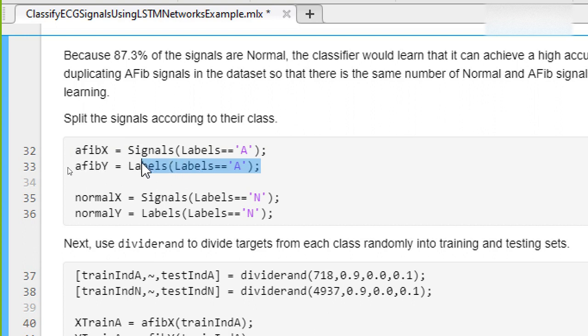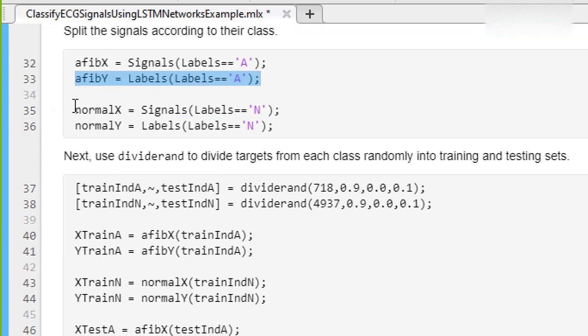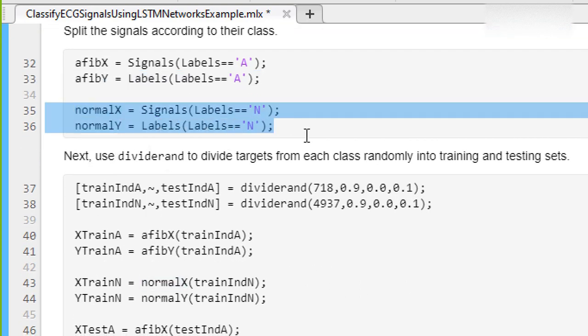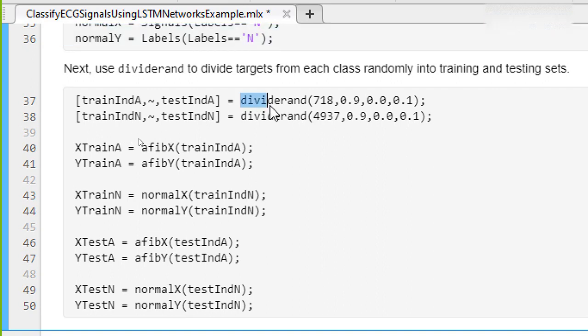Same I am extracting the labels which are abnormal. Same we are doing for normal as well. Why are we doing this? To equalize them. As I told, abnormal data were fewer than normal data, right? So we have to make them equal. To make them equal, further we are using a random distribution here.